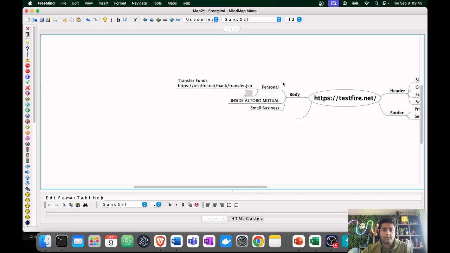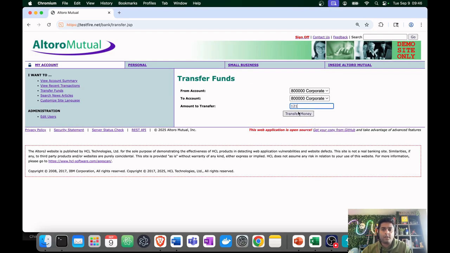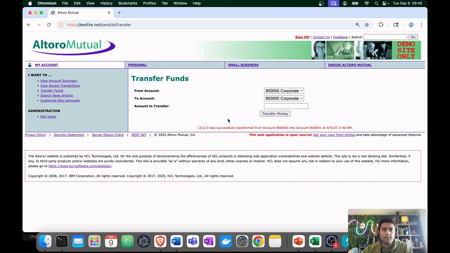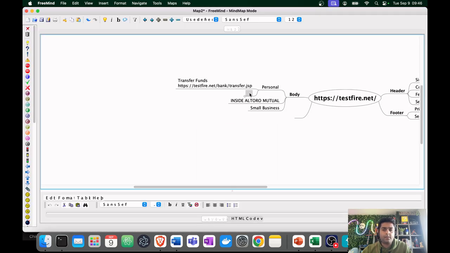Okay, so now we have transfer fund. Now what we're going to do, let's say, send some money from corporate to checking. Okay, and the money has been sent. So here I'll write something workflow. And the workflow suggests that go to transfer funds,